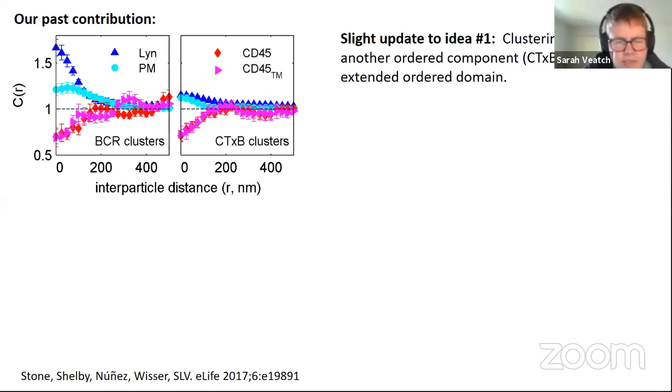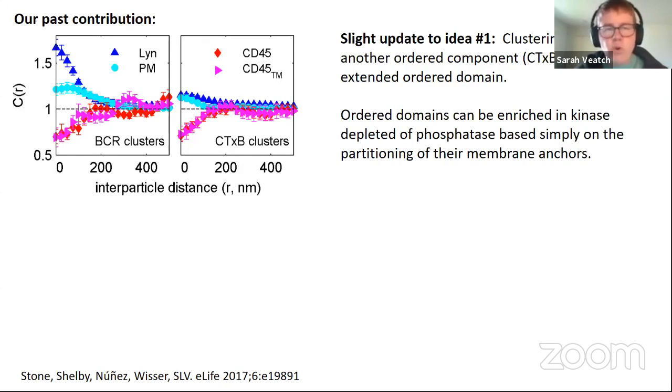Okay, so in 2017, we published a paper where we were looking at what happens when we cluster B-cell receptors with an artificial ligand. And what we found is very similar to this old story number 1, and I think it adds weight to that old idea: when you cluster these B-cell receptors, they stabilize what looks like an ordered membrane domain. And these ordered membrane domains sort peptide markers of these two coexisting liquid phases. And they also sort the kinase and phosphatase that are important for this activation event.